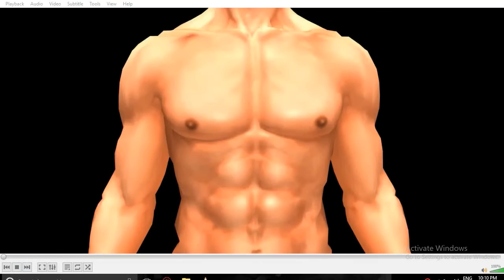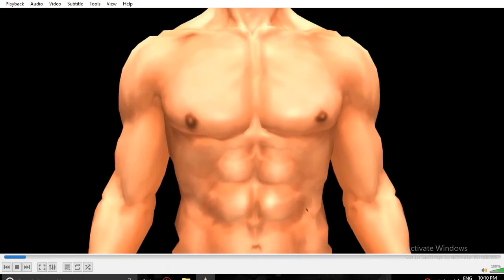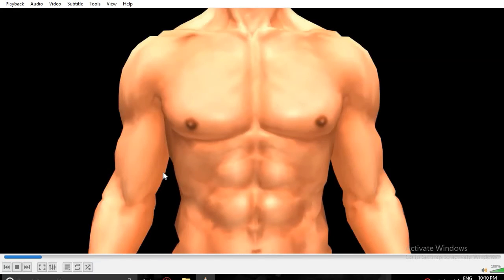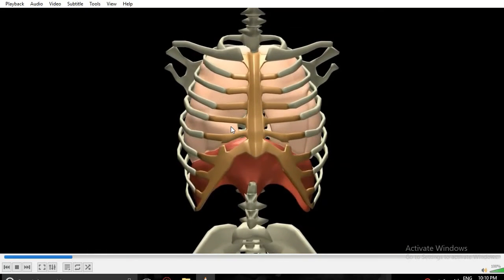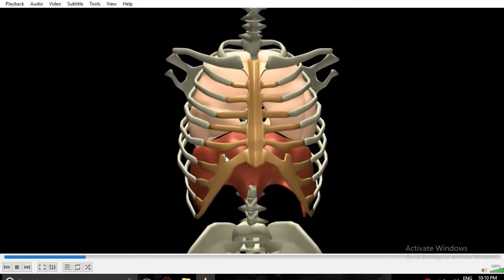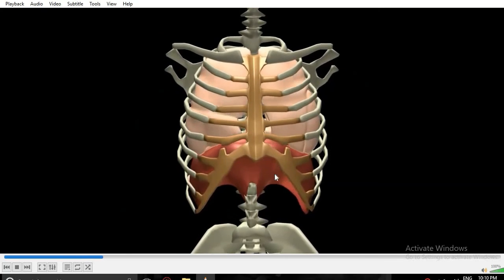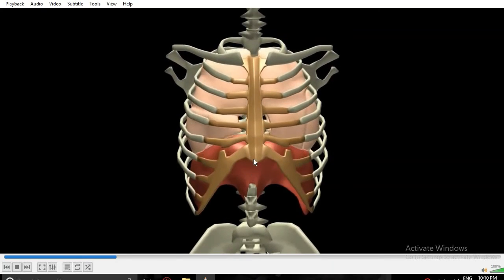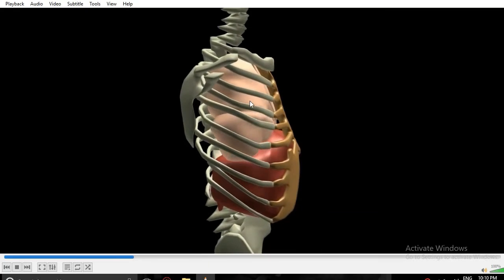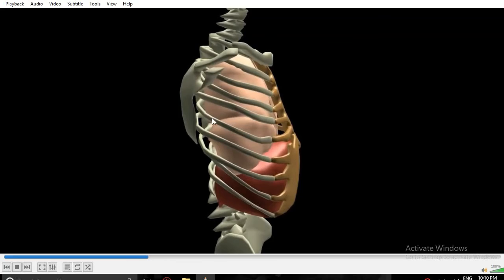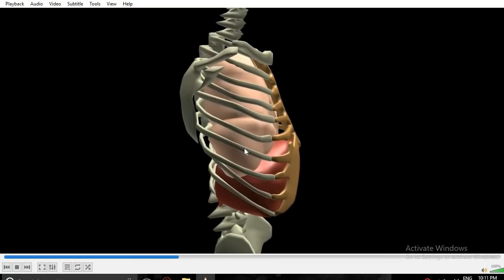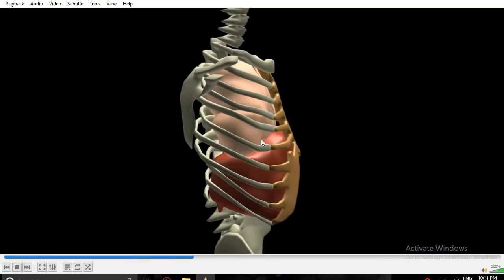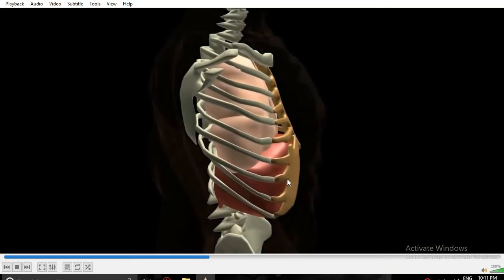So we will watch here. See, at first we are seeing the rib cage. Inside the rib cage, two lungs are present, and at the bottom of these lungs is the diaphragm. We can see the red color diaphragm, and it is continuously moving. As it goes downside, the size of the thoracic cavity gets increased here. Now it goes upper side. Now the size is minimized. Now maximized. Again it gets minimized, and it is controlled by the movement of the diaphragm.